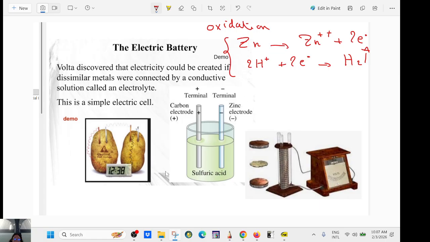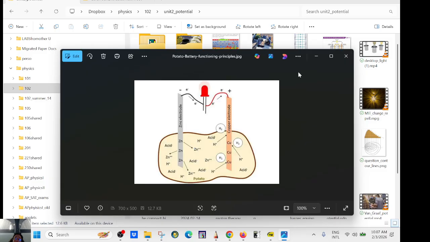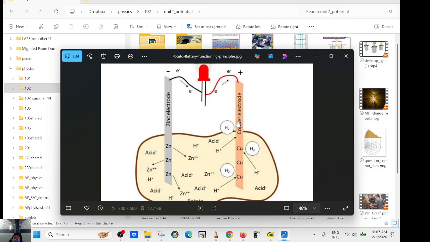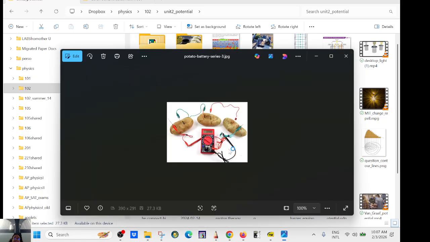And this is called reduction, which doesn't make sense. There's no way it's reduction. But you can see the reaction here. So the copper, okay, the copper is giving the electrons. The copper is supposed to be positive. Yeah, copper is positive, and this is negative. So that's the idea. I'm not going to go into details because I don't know much about chemistry, but